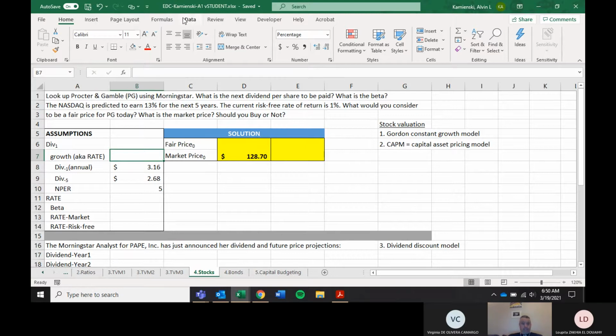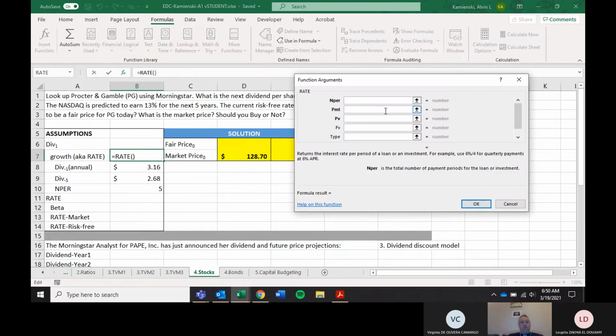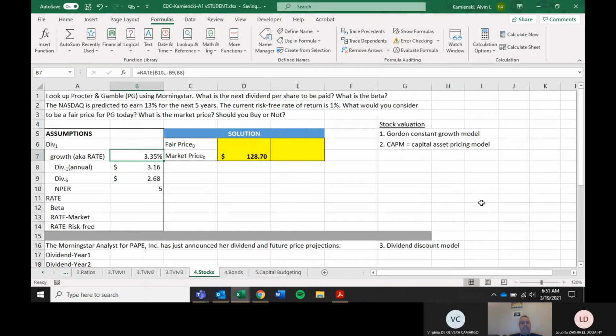So if we go into formulas, financial, and find the formula for rate, we can say over a 5-year period, when there was no payment, when the beginning value was a negative 2.68 that grew into a future value of $3.16, it calculates for us then that the growth rate has been about